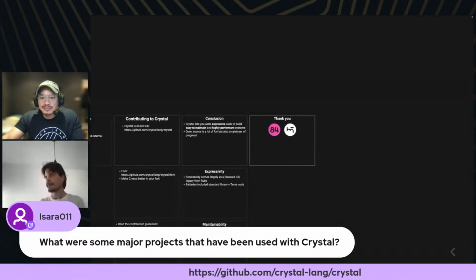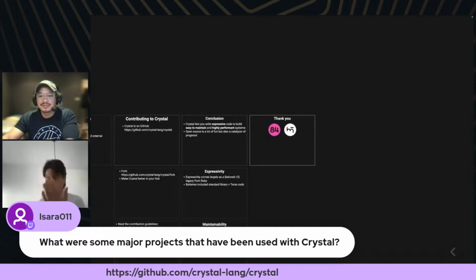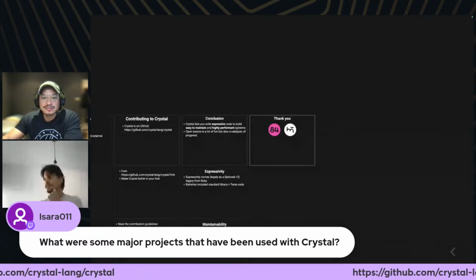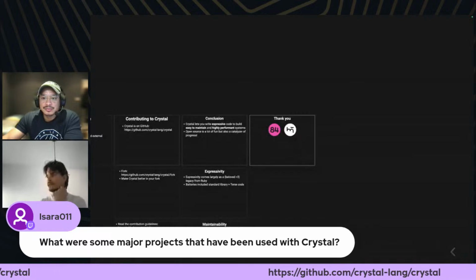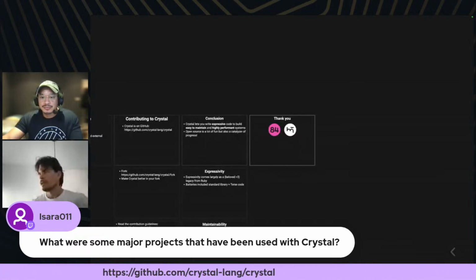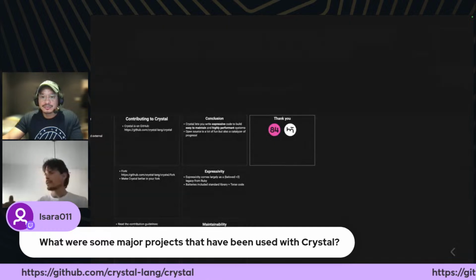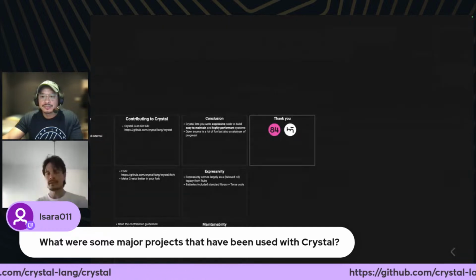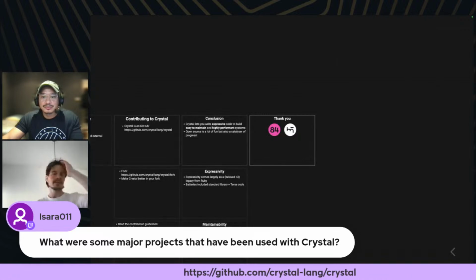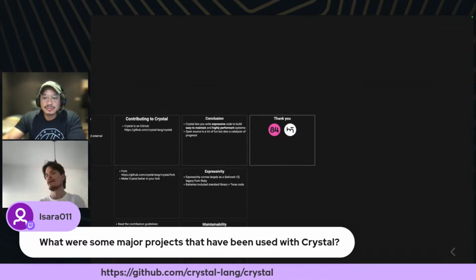They have a very fast, I said browser, I mean search engine. They are doing that in Crystal. Actually, you can read through the success stories in the homepage of Crystal to know other applications.